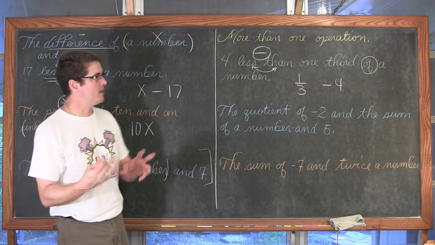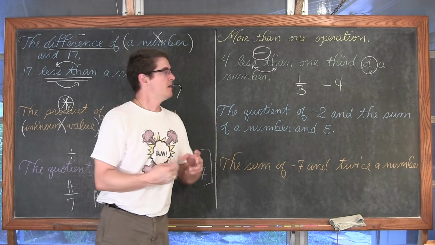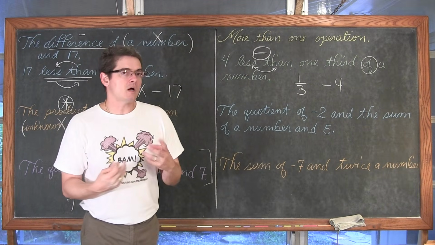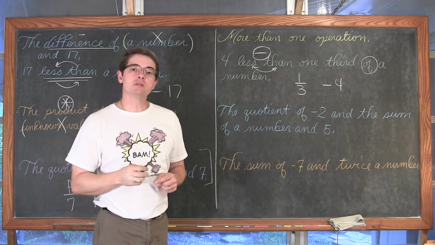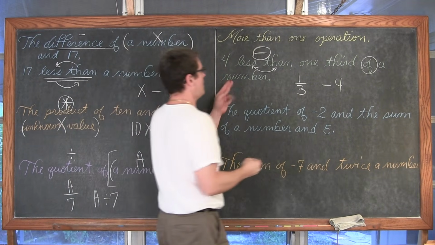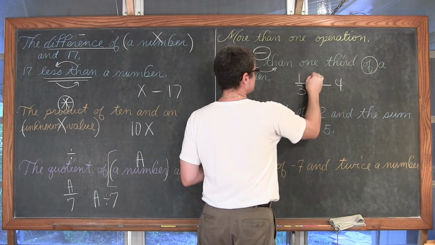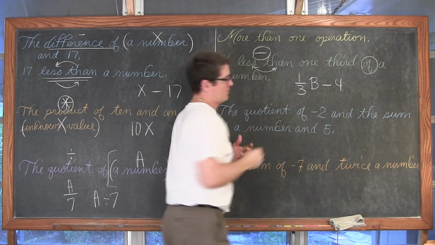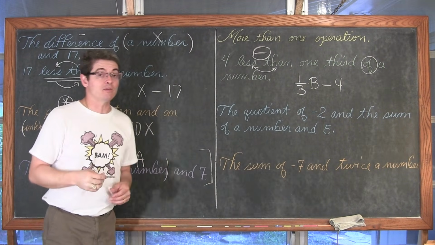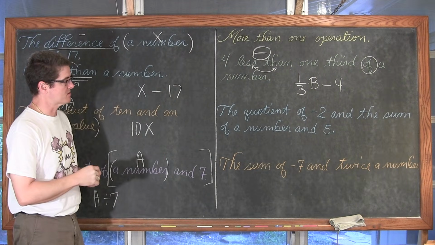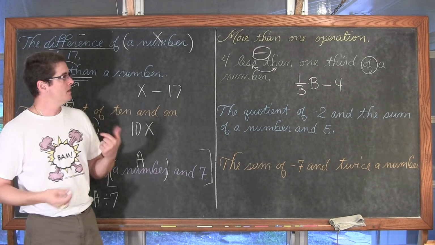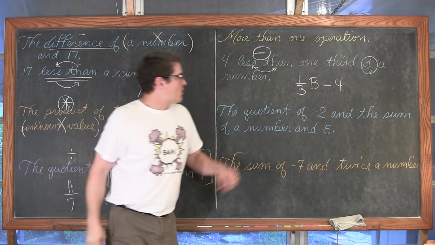But a lot of times when "of" just pops up by itself as a single word, not followed by a math operation, it represents multiplication. So it's 1/3 of, or times, some unknown value, and I don't want to write x every time and make you think that the only variable we can use is x. So 1/3 of an unknown value b, minus 4. The quotient,